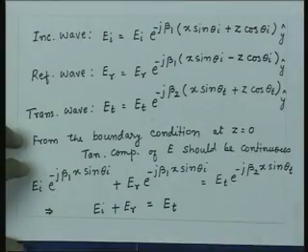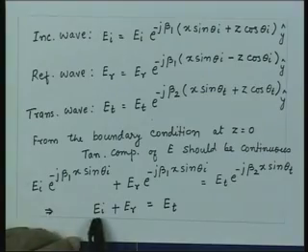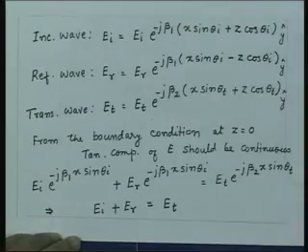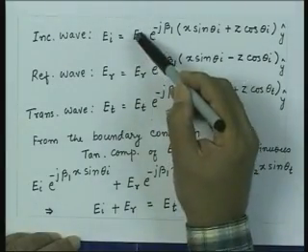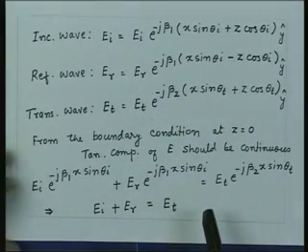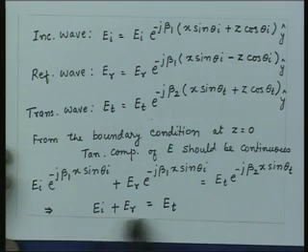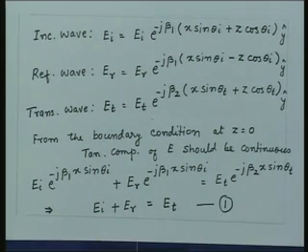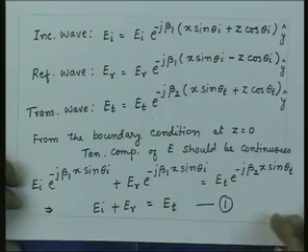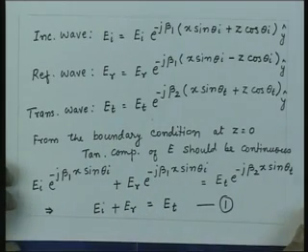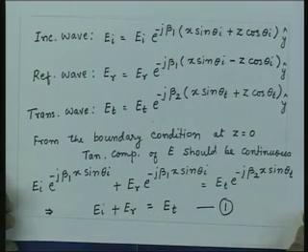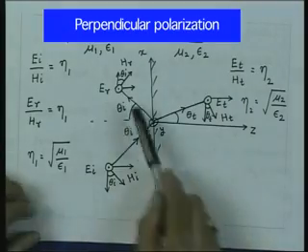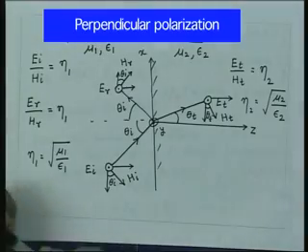So what that means is that the boundary conditions have to be applied only on the amplitude term, which is the amplitude of the incident, reflected and the transmitted wave. So we have one relation between these, and that is equation 1, which we can use later on for finding out the quantities, as we mentioned, the reflection and transmission coefficient. The second boundary condition we get either from the continuity of the normal component of the magnetic field,